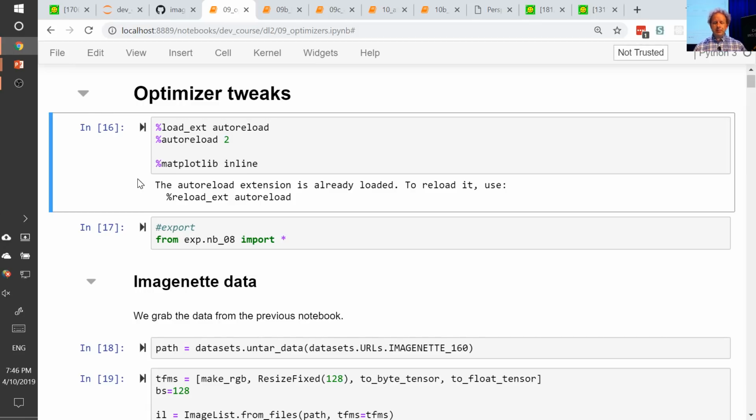This is one of the bits I'm most excited about in this course, actually. But hopefully it's going to be totally unexciting to you because it's just going to be so obvious that you should do it this way. But the reason I'm excited is that we're going to be talking about optimizers. And anybody who's done work with